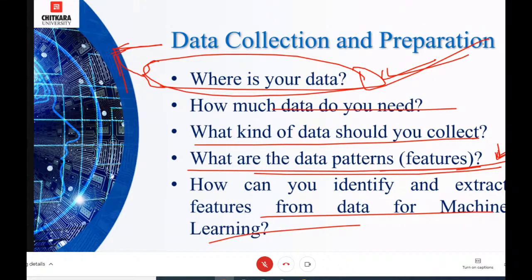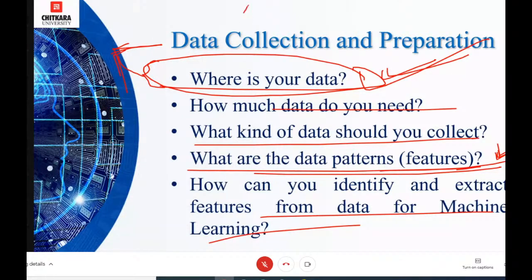For example, if I want to predict whether this particular patient is cancerous or not. Suppose we are considering an example of a cancer data set. We have a total of 10 patients with 10 attributes.